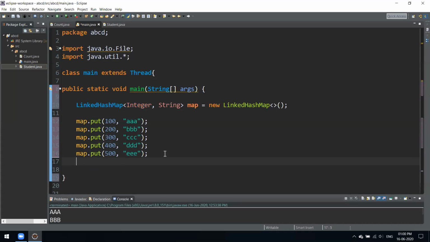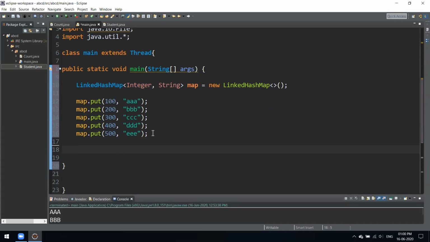Yeah, this is our map, and you can iterate over this using an iterator, or if you want, you can also use a for each loop.